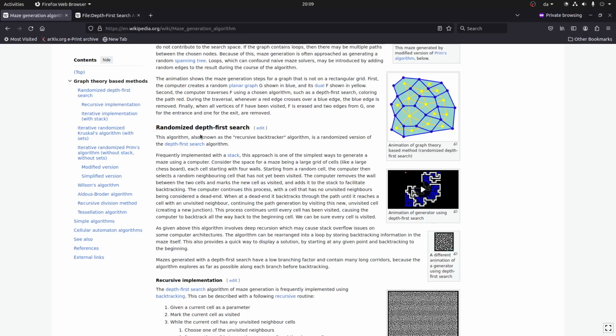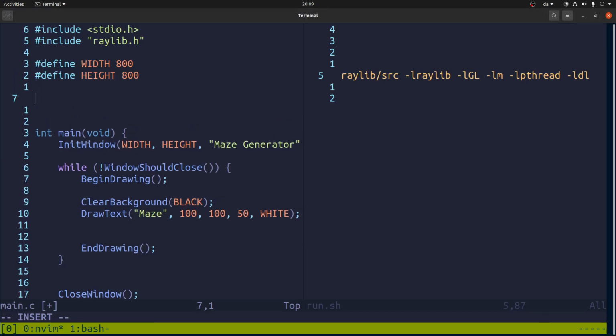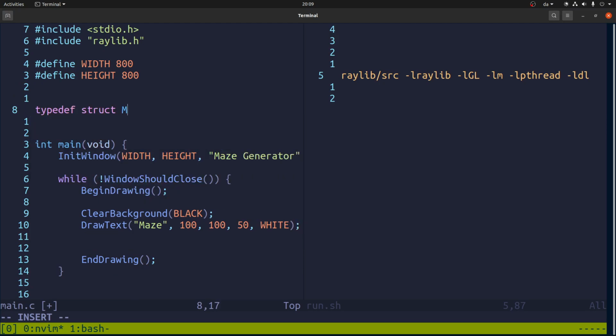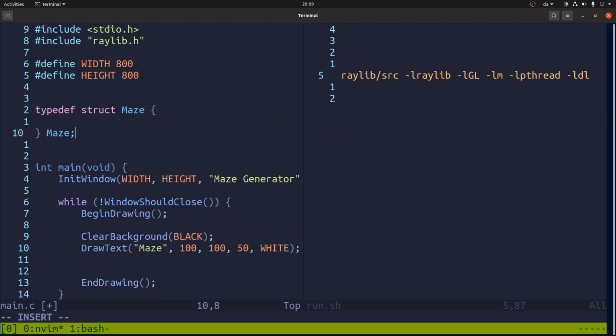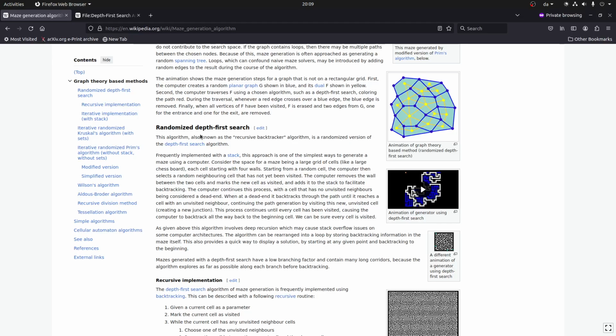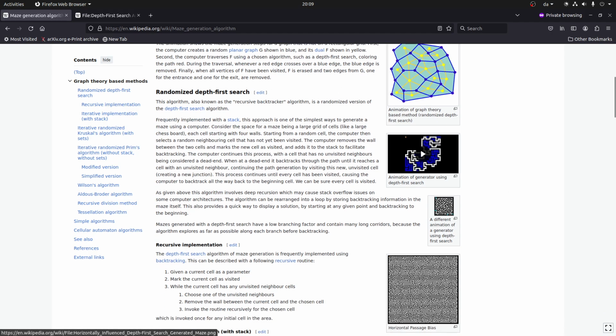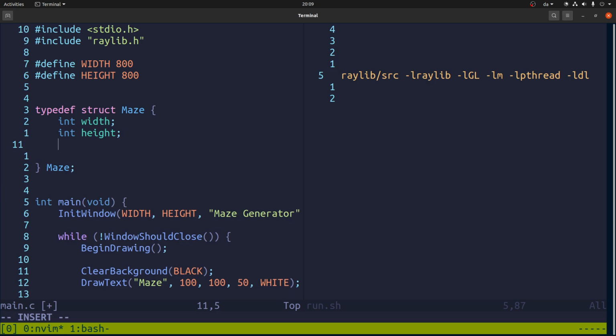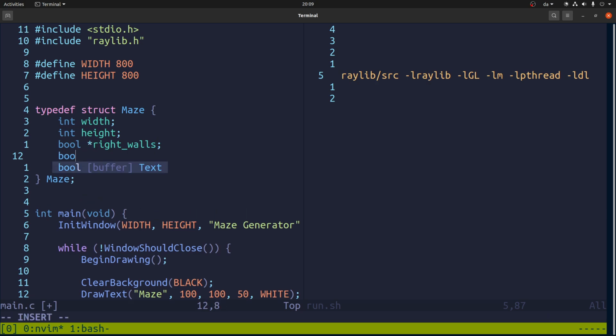Right. So what are we trying to do? We're trying to make a maze, and I think it would make sense to first define what even is a maze. And it should have a width and a height. That's going to be basically the number of cells it has in the X and Y direction. And then we will have something like walls to the right. It will be some number of them, and walls that go downwards,